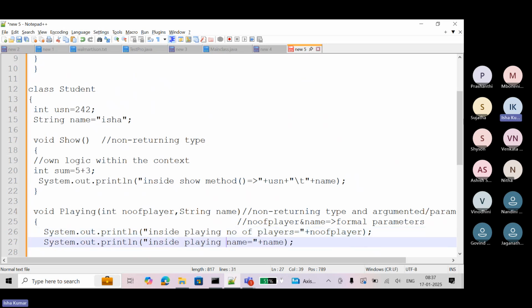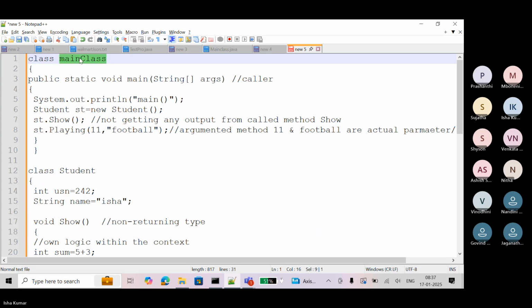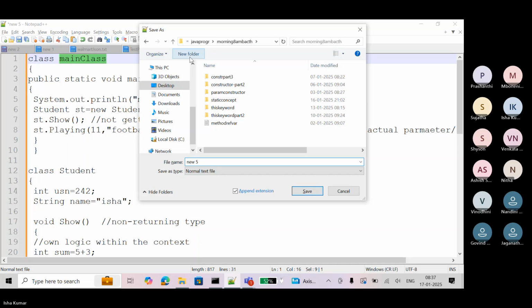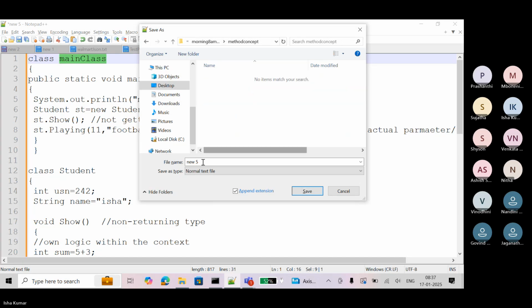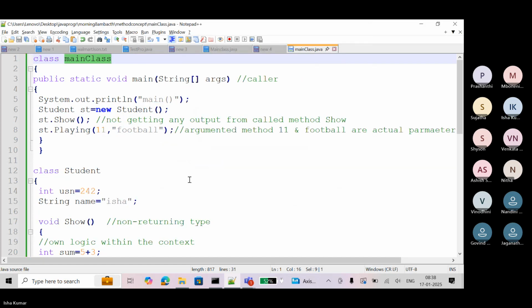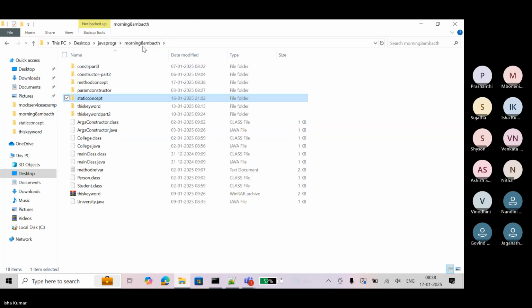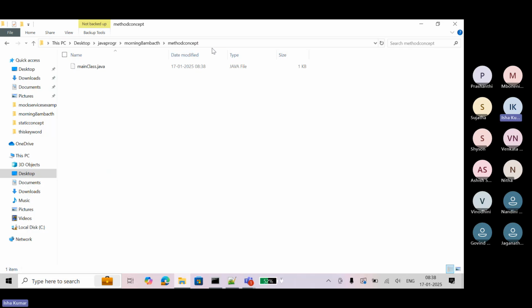Now go and save this program. Where I have created? Method concept. Yeah.